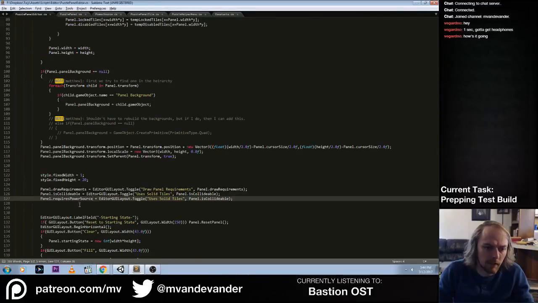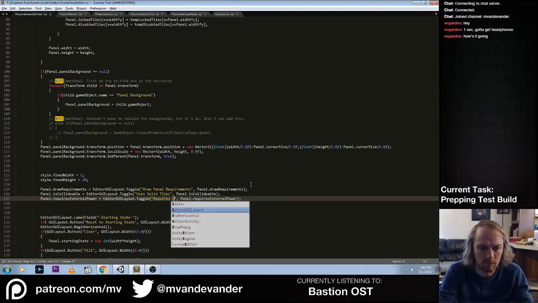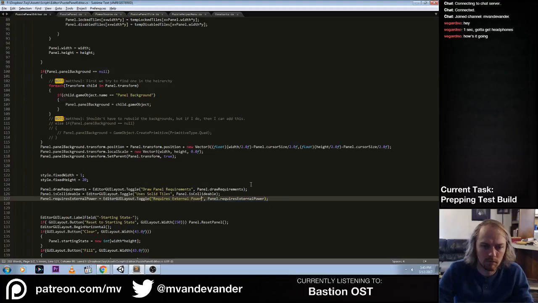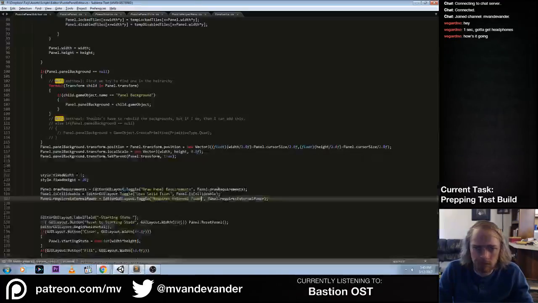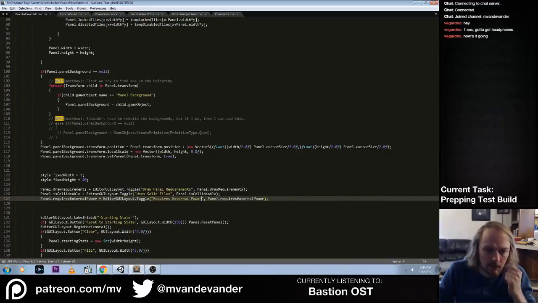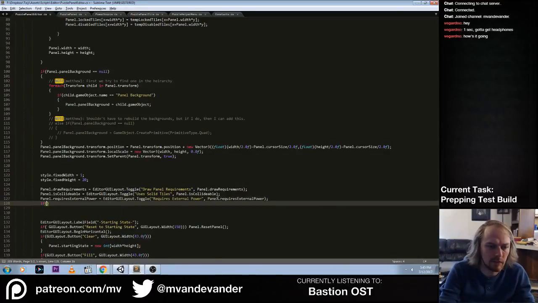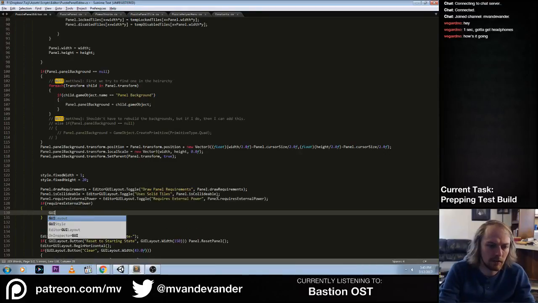Requires external power. So that, and then if requires external power, then we want to have GUI editor GUI layout dot